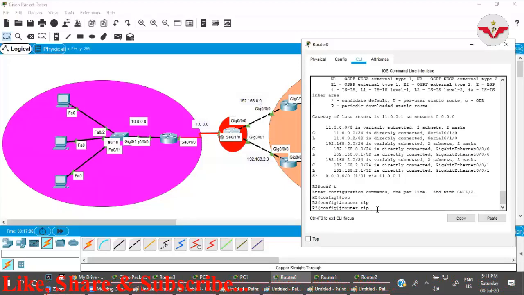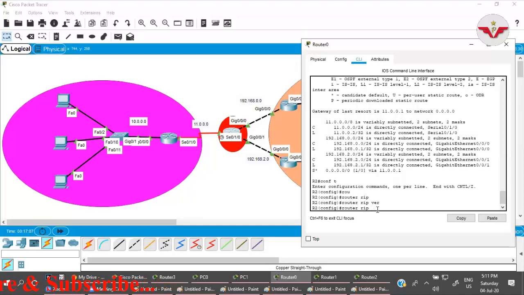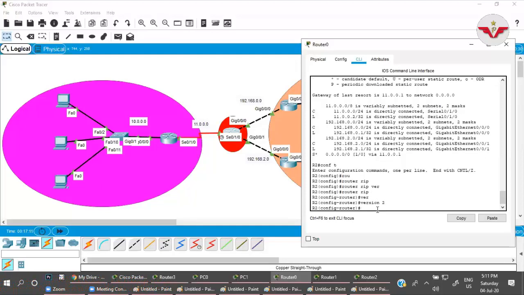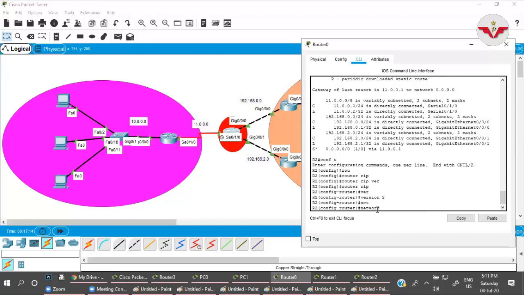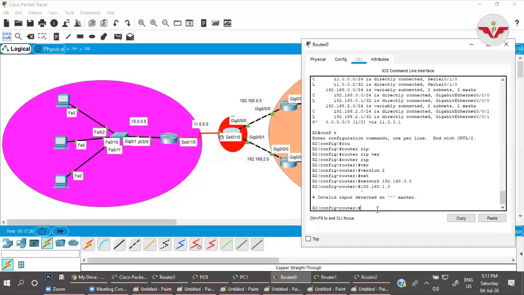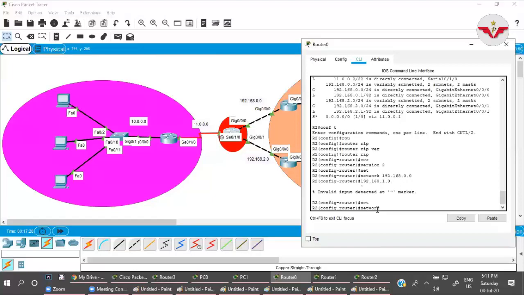Router rip, version 2. Network: which network does it know? 192.168.0.0 and 192.168.1.0. Okay, sorry, 2.0.